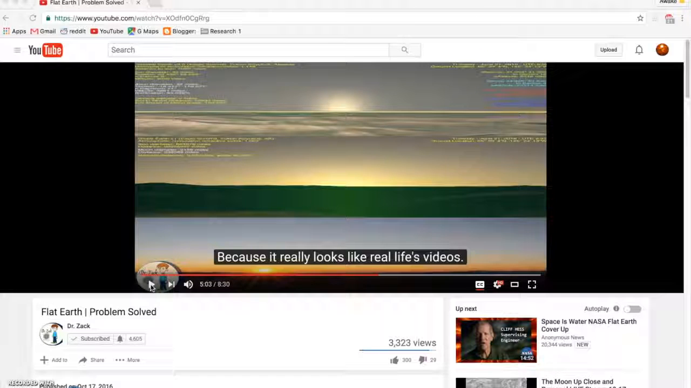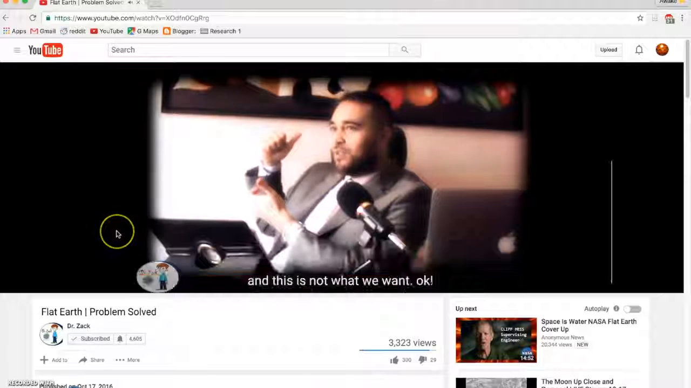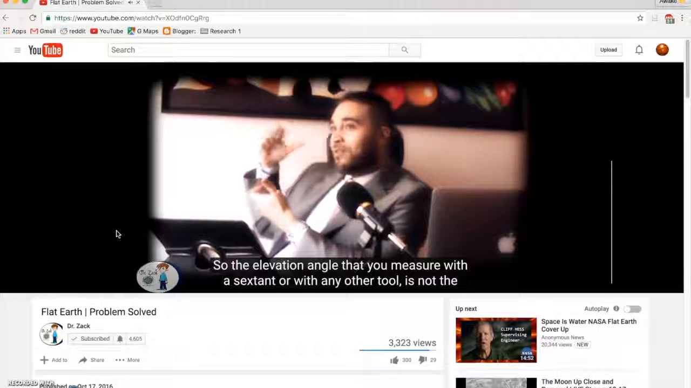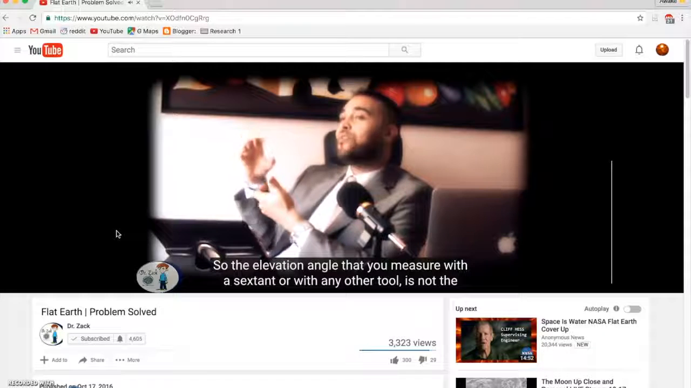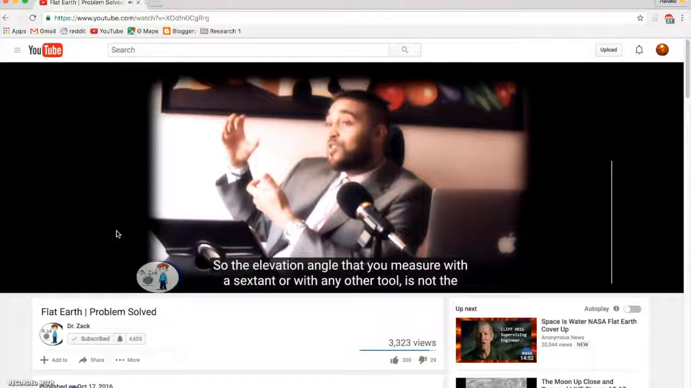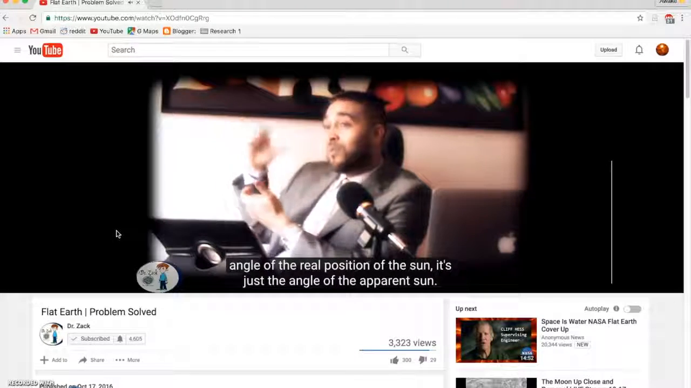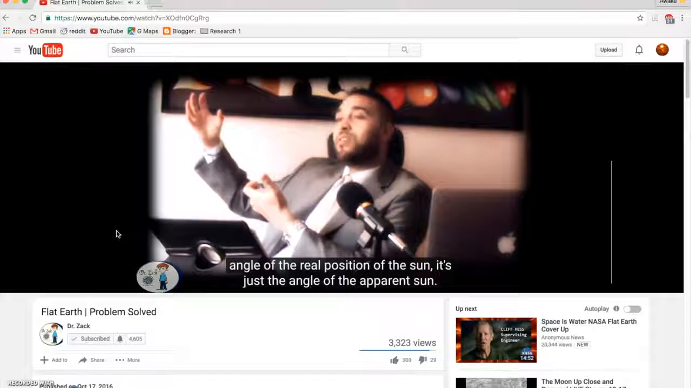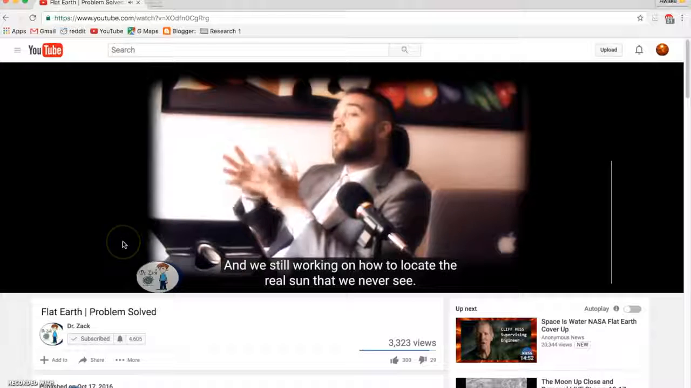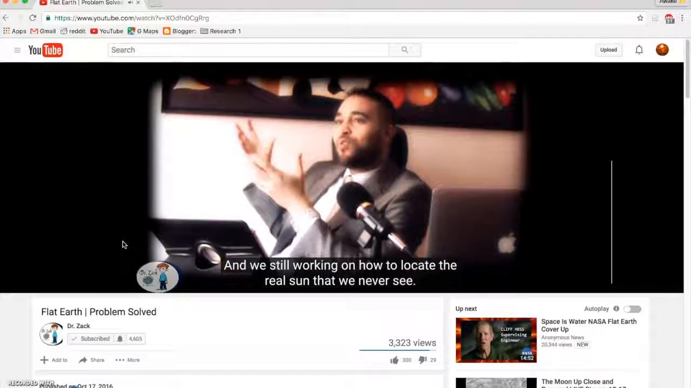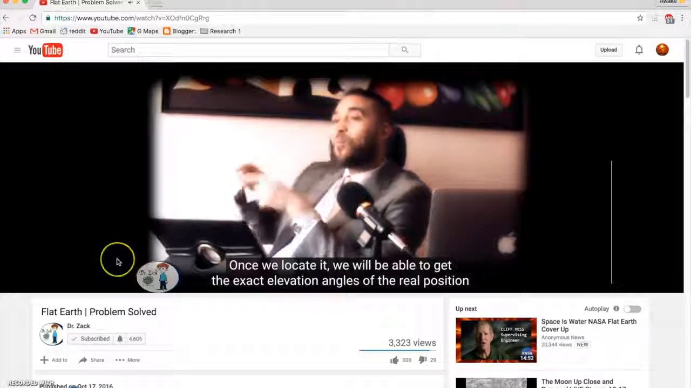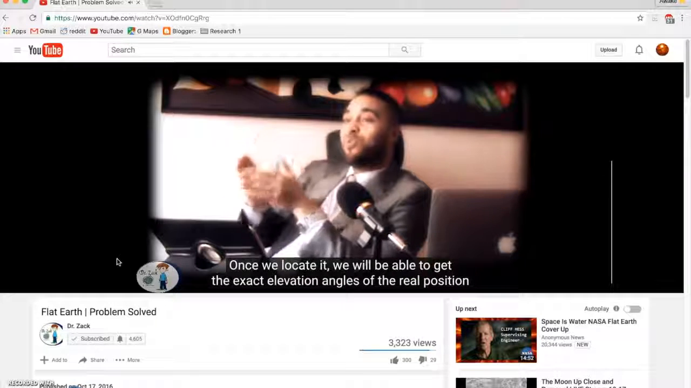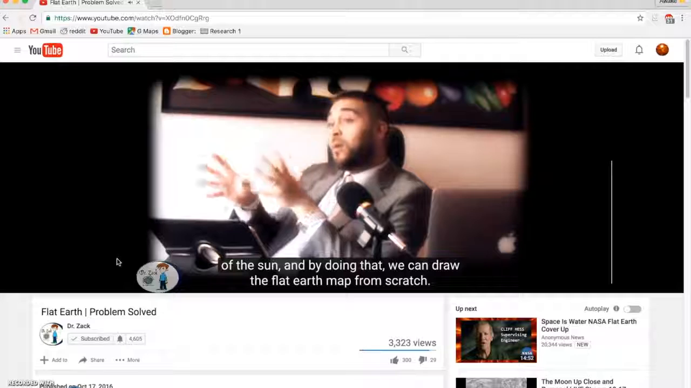An apparent sun. The real sun, and this is not what we want. Okay? So the elevation angle that you're going to measure with the sextants or with any other tool is not the angle of the real position of the sun. It's just the angle of the apparent sun. And we're still working on how to locate the real sun that we never see. Once we locate it, we will be able to get the exact elevation angles of the real position of the sun. And by doing that,